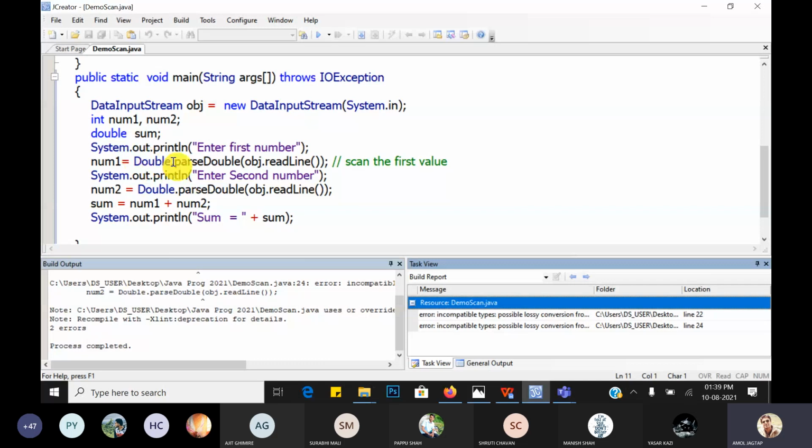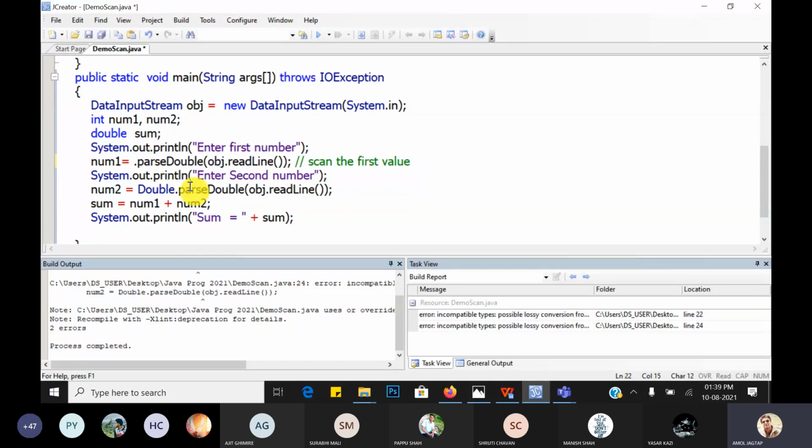Okay, so let's try for the float. Instead of parseDouble, similarly here, Float.parseFloat, and write here the initial value of float sum is equal to 0.0f.